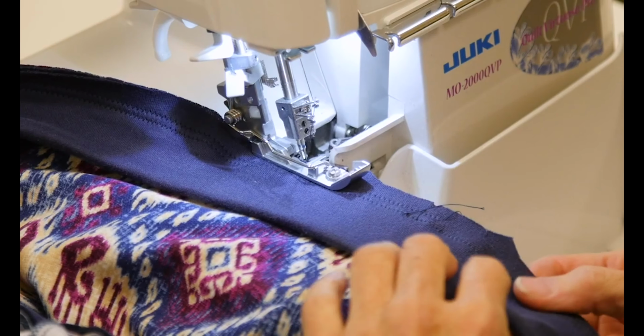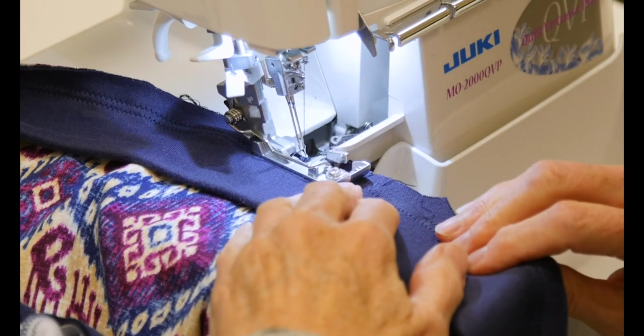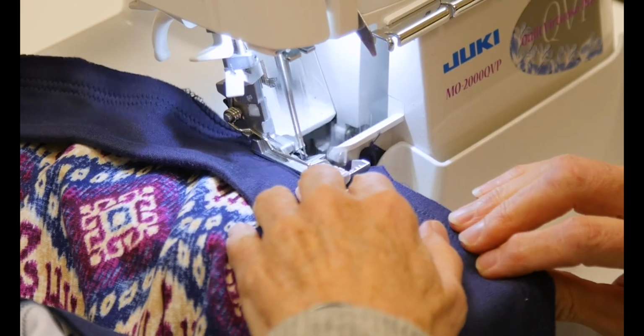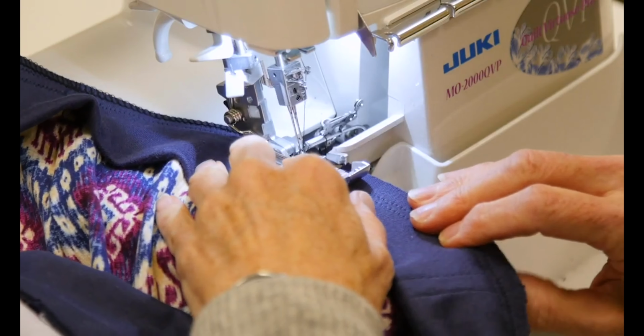I'm going to serge this waistband. Again, we want to line up so that we wind up cutting off 1/4 inch. So I'm just serging onto it, onto the waistband. And then as I head around here, I will be serging off that 1/4 inch. So my serging will actually